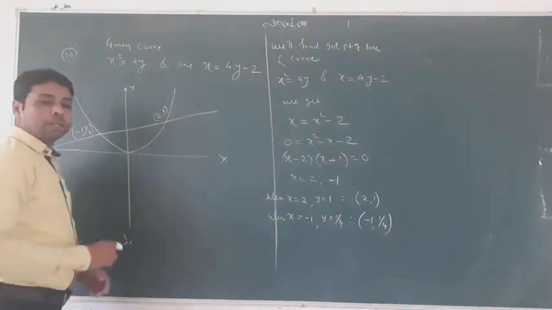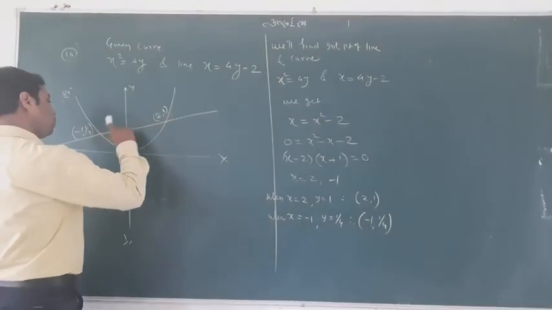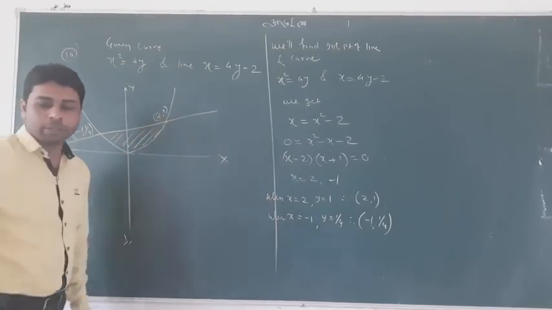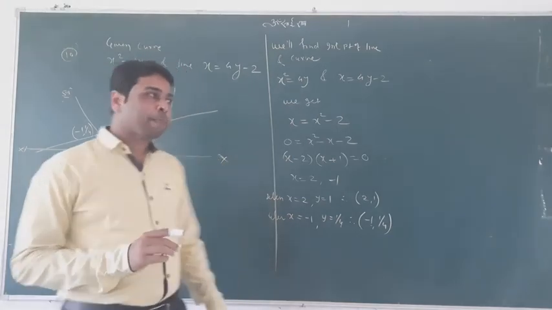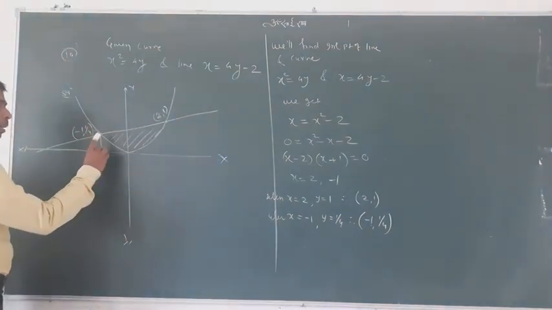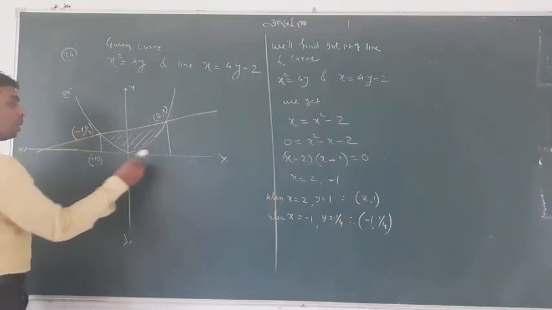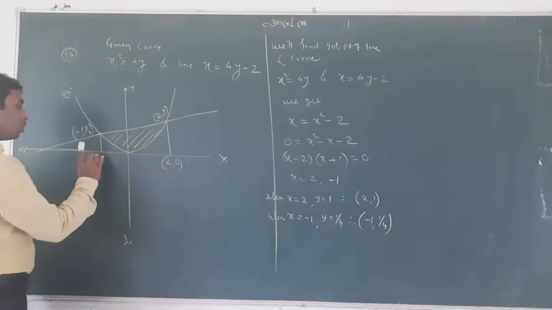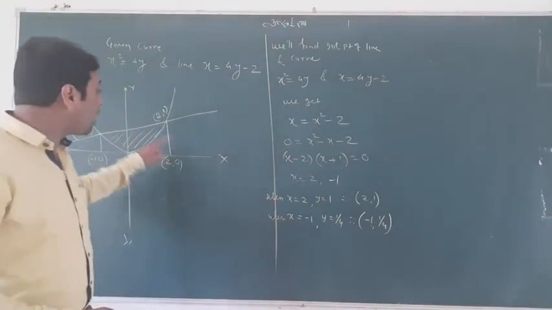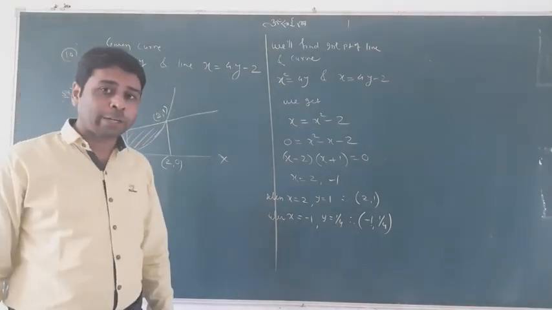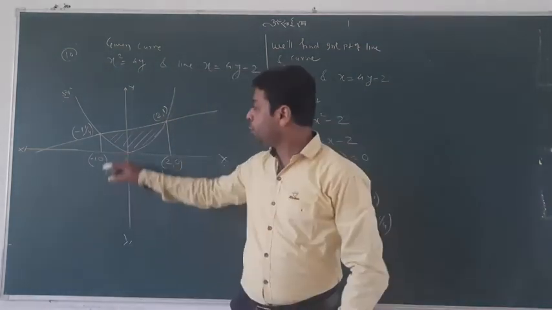You want to find the bounded area, and the bounded area is here. This area you want to find out, and I'll explain the same concept. First of all, you draw the perpendicular here. This point is (-1, 0), and this point is (2, 0), because you are taking the help of the x-axis. This pink shaded area you want to find out, because it is the bounded area covered by the line and the curve. So you want to find this particular area.